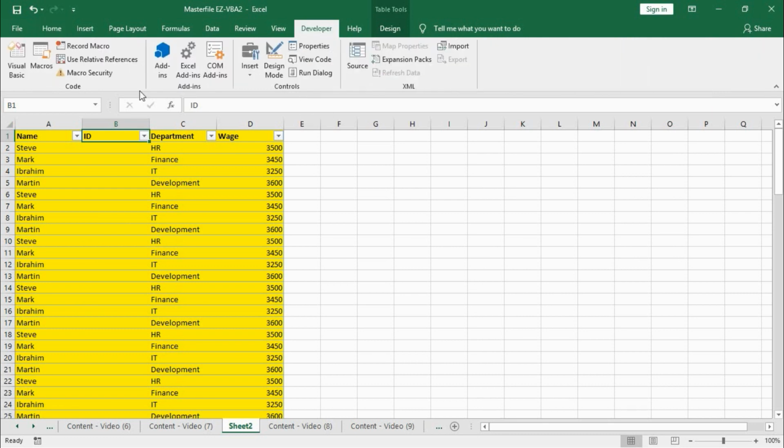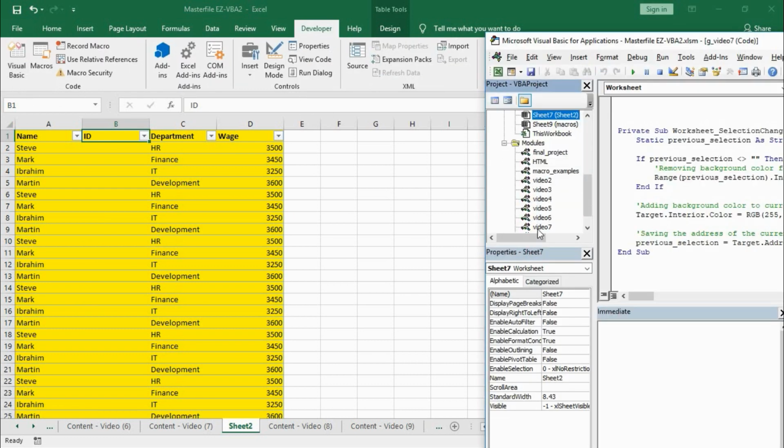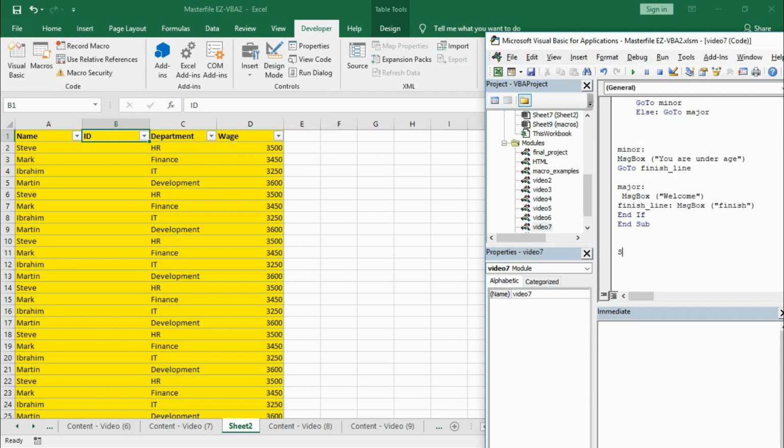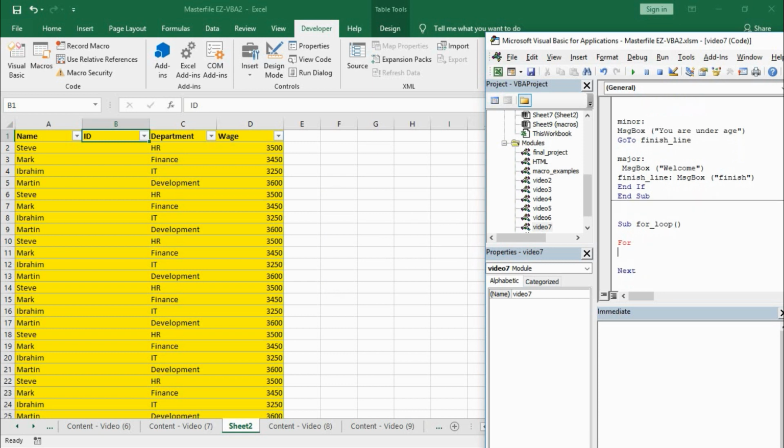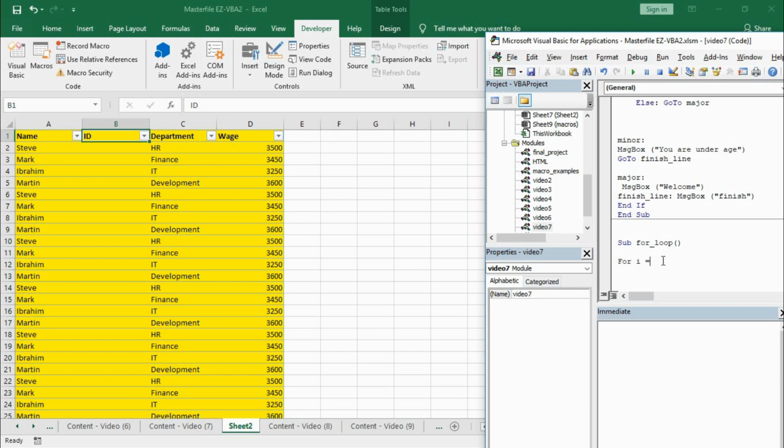We'll open up our Visual Basic Editor to start our code. We'll name it for loop, and remember that you always start a for loop with for and end it with next. So basically anything that's going to be between the for and the next is the action you want to repeat. And we'll say for I equals 1 to 100,